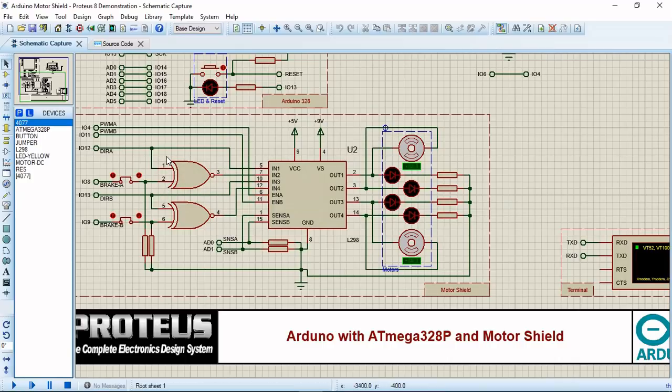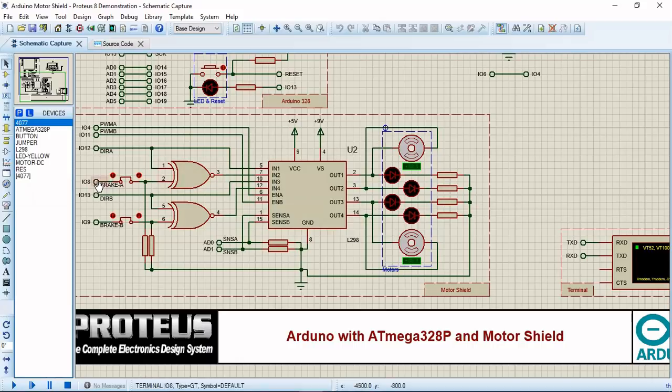Okay, so this logic is very simple. The working of this is, if both the inputs are the same, then the output will be high. If both the inputs are different, then the output will be low. So if the inputs are 0 0 or 1 1, where 1 means high level, then the output will be 1. If it is 0 1 or 1 0, then the output will be 0.